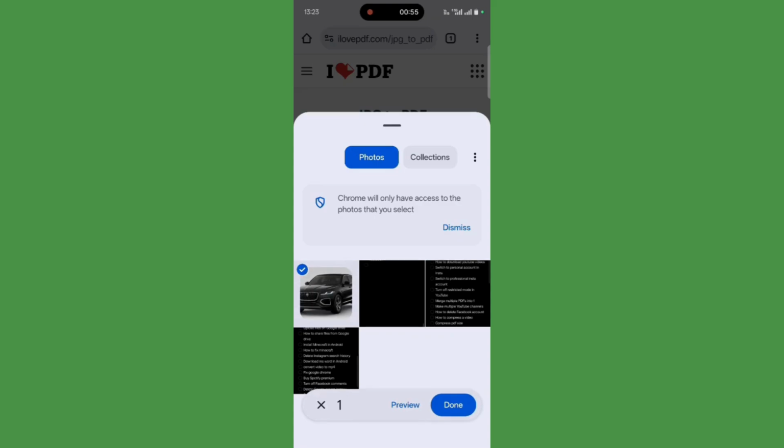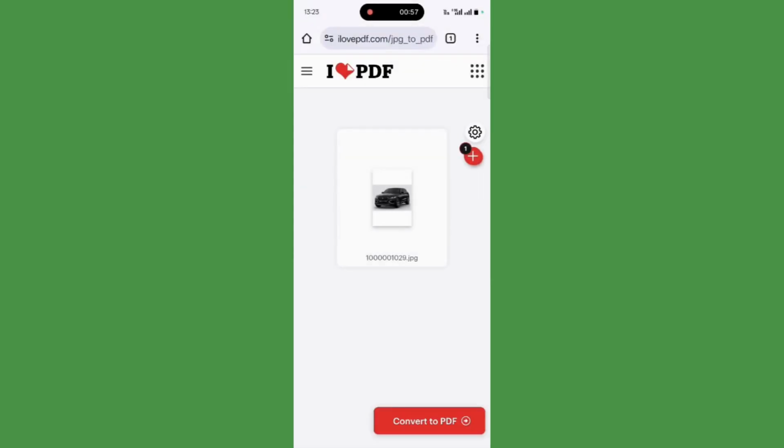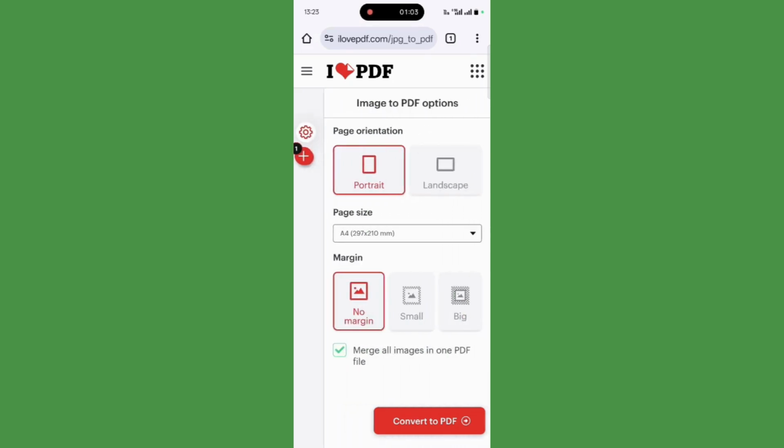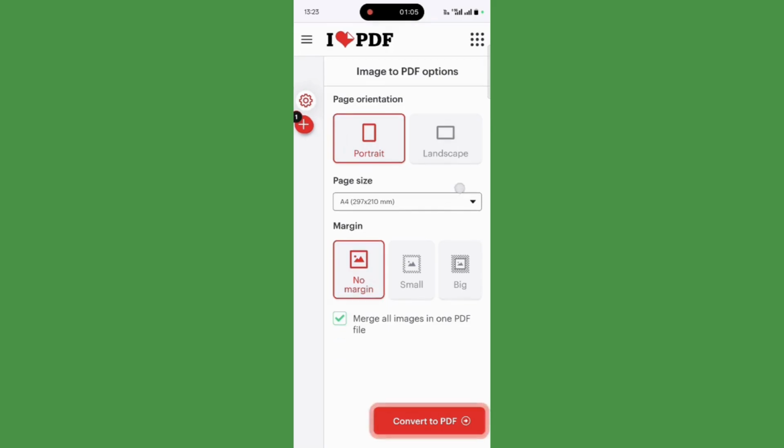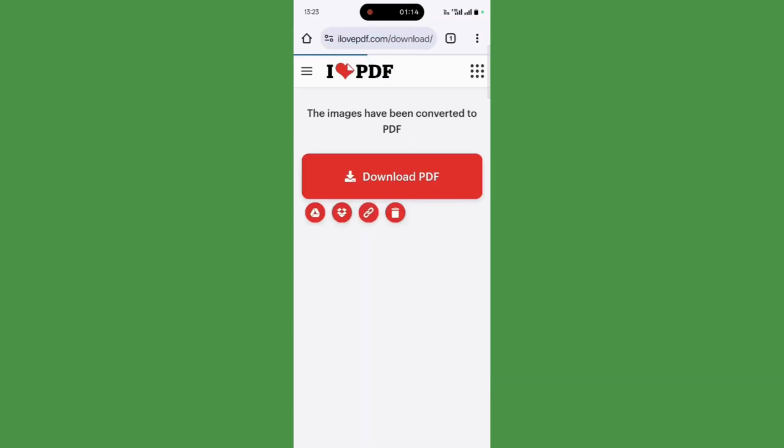Then the next thing that I'm going to do is click onto this done button, and now you can see here is the orientation. If you want to change or adjust a few things, you can click onto the setting option and choose the page orientation, margins and other details as well. Then once you are satisfied, you can simply click onto this convert to PDF button, and you can see that